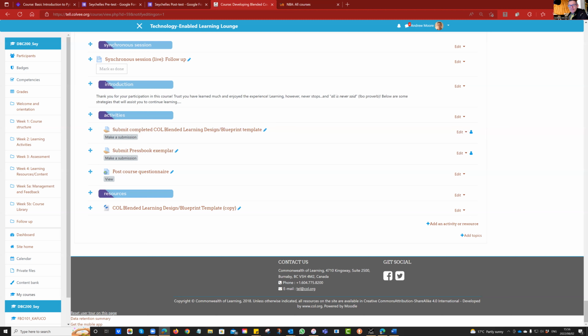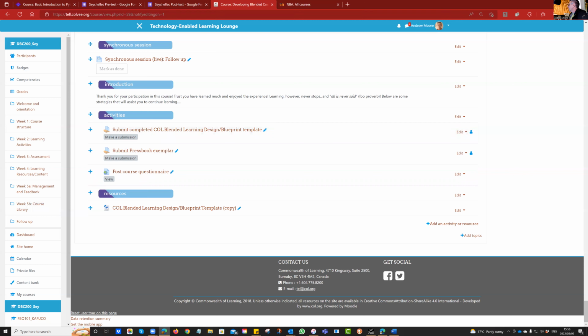So I would say you can leave that last column blank because we haven't really done a lot on it. If you look at the structure of our course, we went for coming up with a good structure, coming up with learning activities, coming up with a good assessment, coming up with learning resources. And the fifth one was a combination: management, feedback, and the little course library. So we haven't really touched on facilitating in any seriousness. So I'm going to say leave that one. If you think you've got some ideas, stick them in. I'll be interested to see what you think. But I'm not going to allocate anything serious to that particular column.